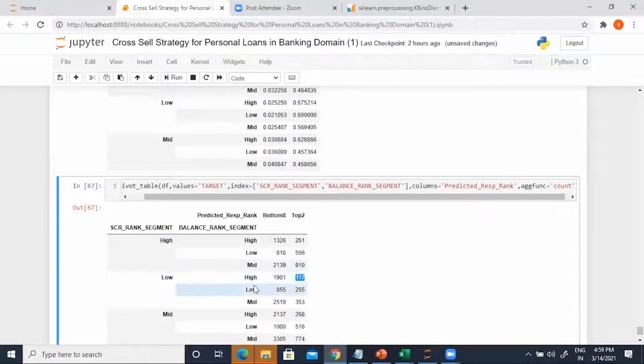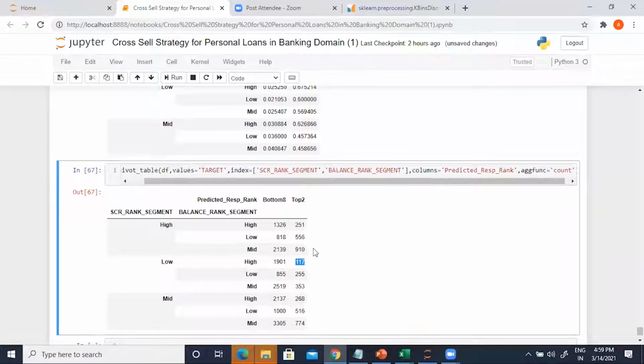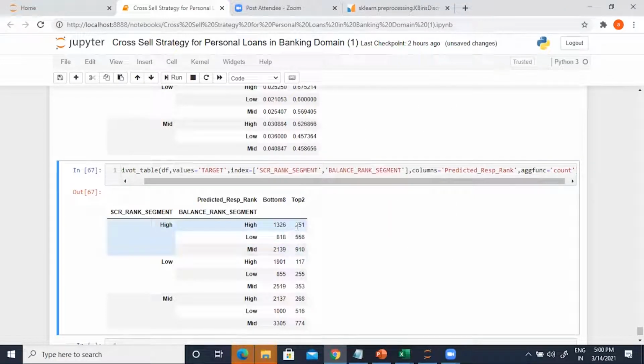High balance, but low marketability, very low, right? So that is how you can create a prioritization. The second level of prioritization should be: go after everybody with mid balance, high value. You can say that people who are 100% of high should be targeted, 100%, 70%, 50%, let's say.